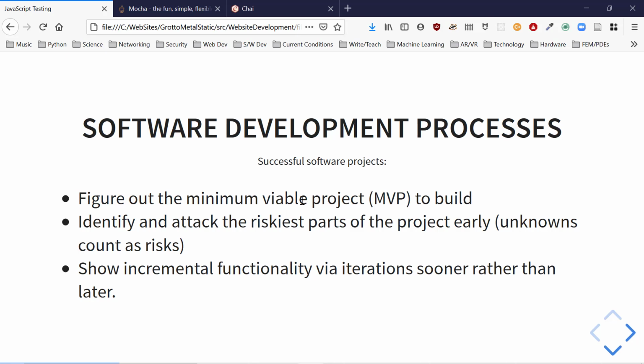Then, when you've done that, you start identifying the risks. What don't you know about? What don't you know how to do? And you start attacking those parts early. How do you do that? You show incremental functionality. You get some pieces of the project to work. You make